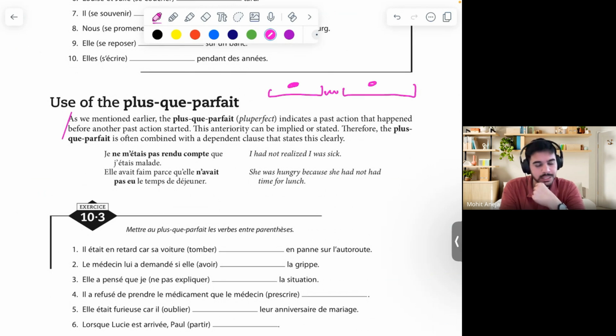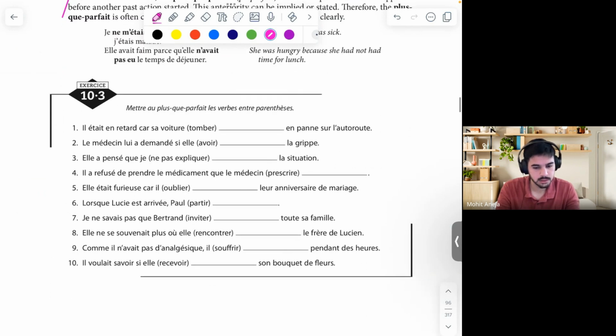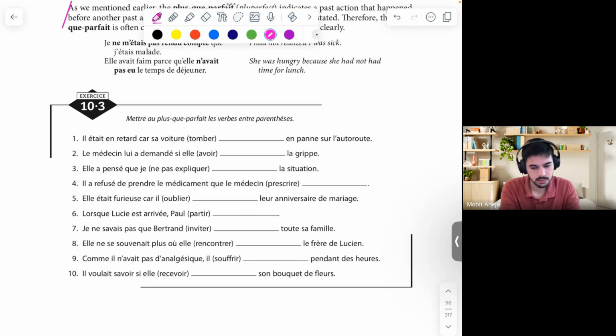यहाँ पे नीचे एग्जांपल्स दिए हैं, पढ़ते हैं. Je ne m'étais pas rendu compte, थोड़ा टफ एग्जांपल ले लिया उन्होंने सीधा ही, que j'étais malade. Je ne m'étais pas rendu compte que j'étais malade. अब इसमें ये वाला एग्जांपल छोड़ते हैं because this is using imperfect and plus-que-parfait, already a very tough example. और उसमें plus-que-parfait के लिए भी इन्होंने टफ वर्ड उठाया है, se rendre compte. Let me explain it with something else. हमने ऑलरेडी जो कंडीशंस डिस्कस की हैं वो सारी इस एग्जांपल में फिट हो सकती हैं. जहाँ पे for example, elle avait faim parce qu'elle n'avait pas eu le temps de déjeuner.